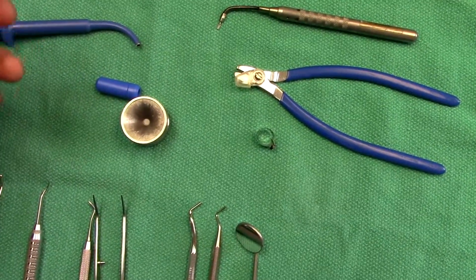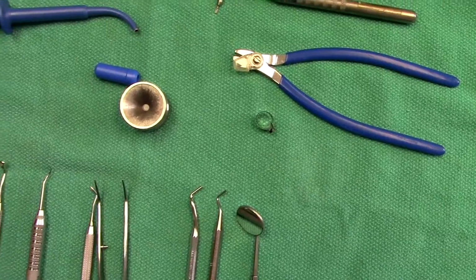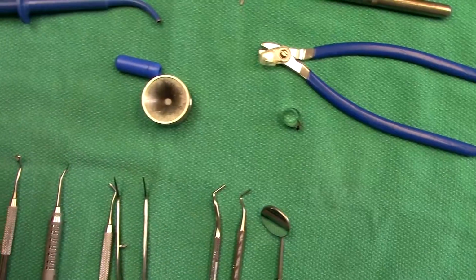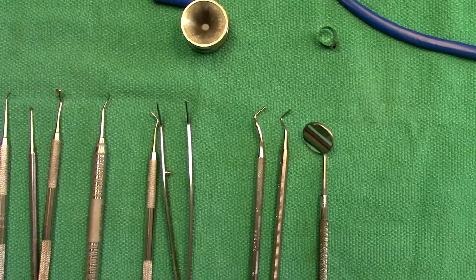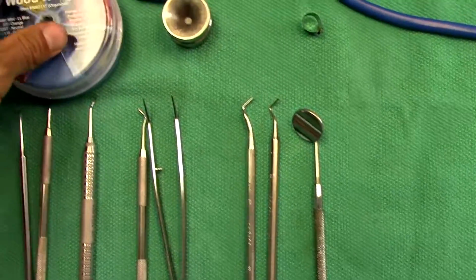Now resist the temptation to take that ball of amalgam and place it into your preparation because it will fracture. You're just trying to speed it up, but you're slowing yourself down. And then obviously if you're doing it with some interproximal